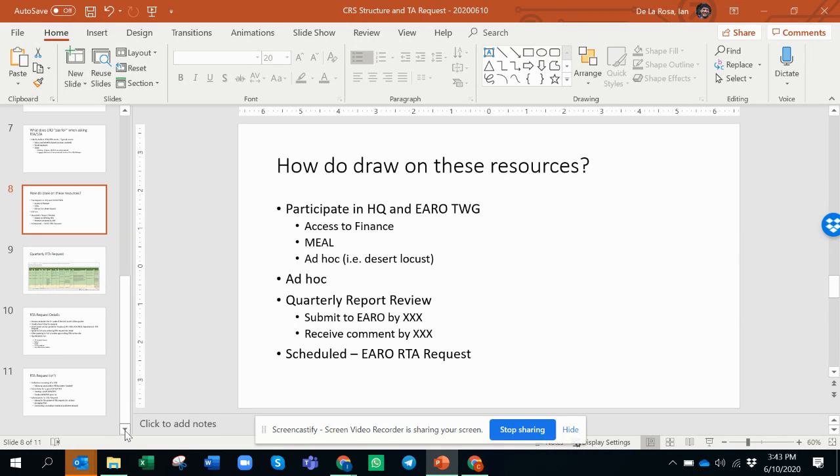The other one we do here, and I haven't put in the actual dates because I can't remember which dates we usually state, I think it's around the 22nd, 23rd. We submit a report to EARO and they come back with comments usually around the 26th, 27th, and then we submit to the donor. And then the reason we're meeting today is for you to just be a little aware of what is